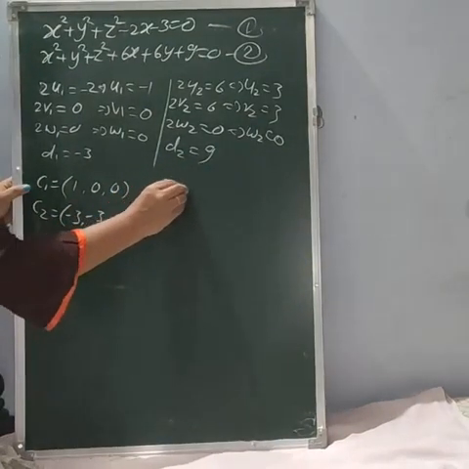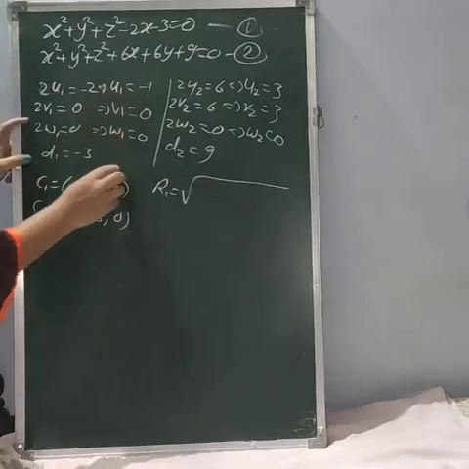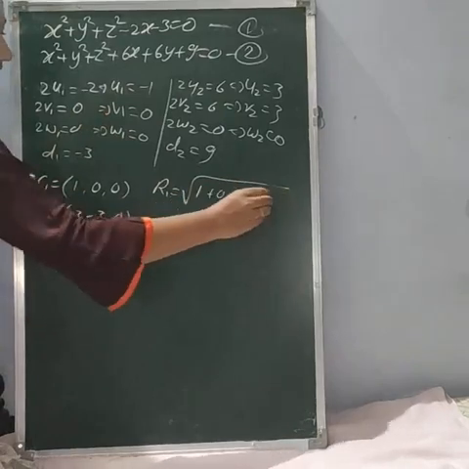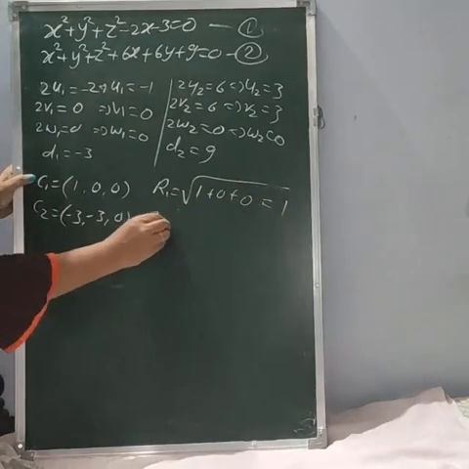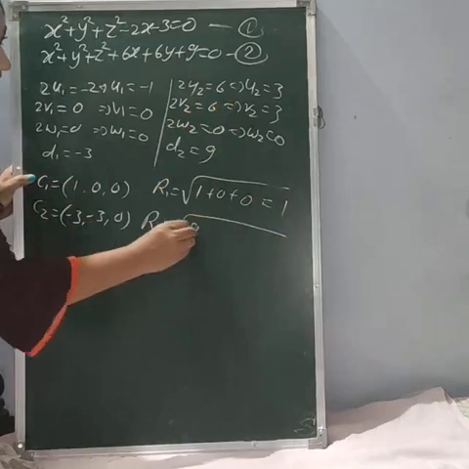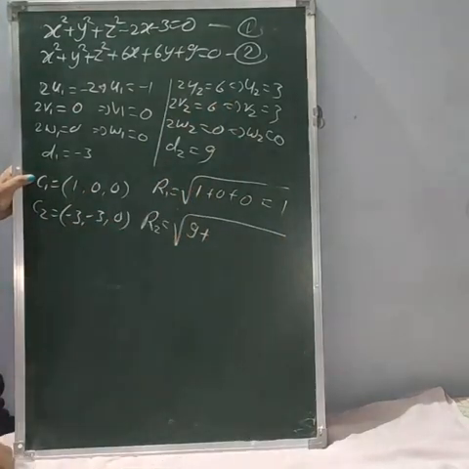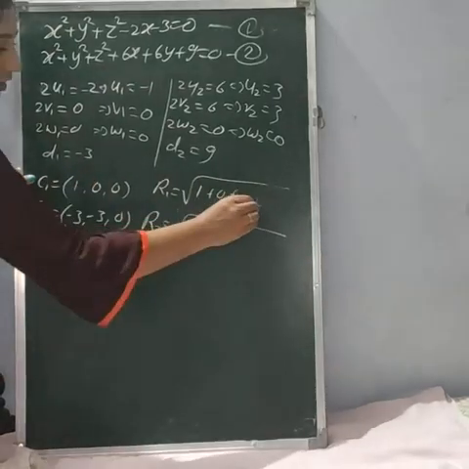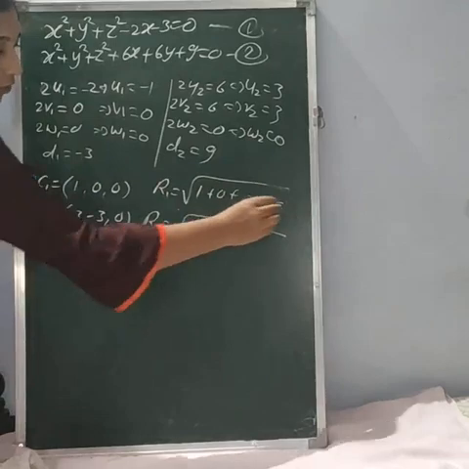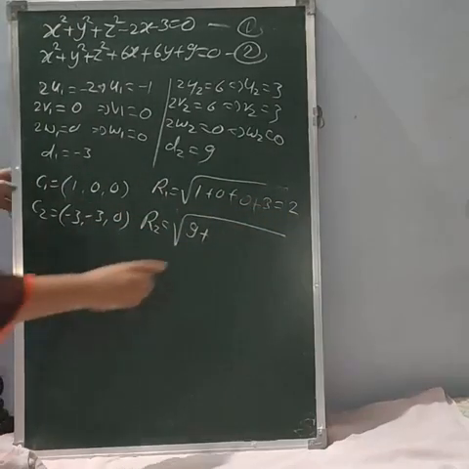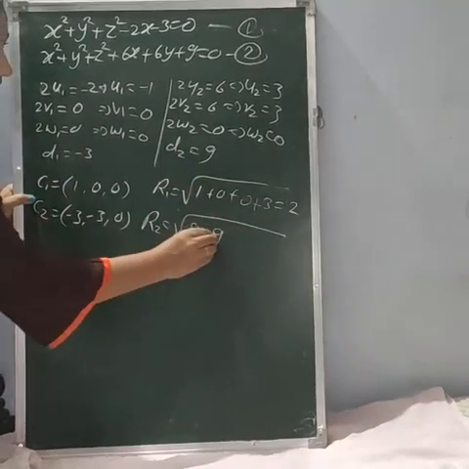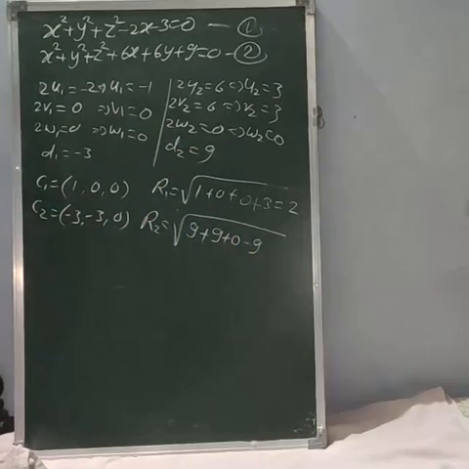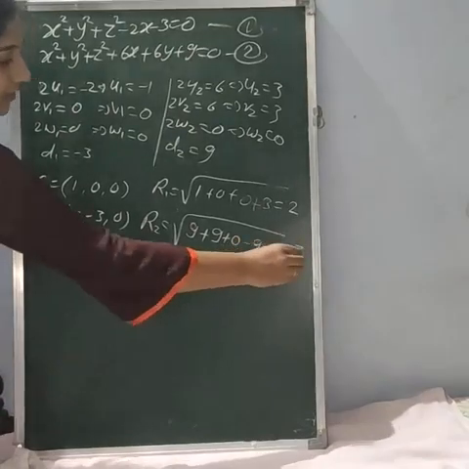Next, we have to find the radius R1 and R2. So what is R1? You will get square root of u1 square plus v1 square plus w1 square. So 1 plus 0 plus 0, it is nothing but 1 only. And R2 is equal to square root of 3 square, 9. Sorry, here we have to add d also. So 0 minus d. So minus into minus you will get plus 3. So square root of 4, that is nothing but 2. Next, here 3 square is 9. Again 3 square is 9. 0 square is 0. Minus d2, so minus 9. So 9 minus 9 get cancelled. We remain with root 9, that is nothing but 3.